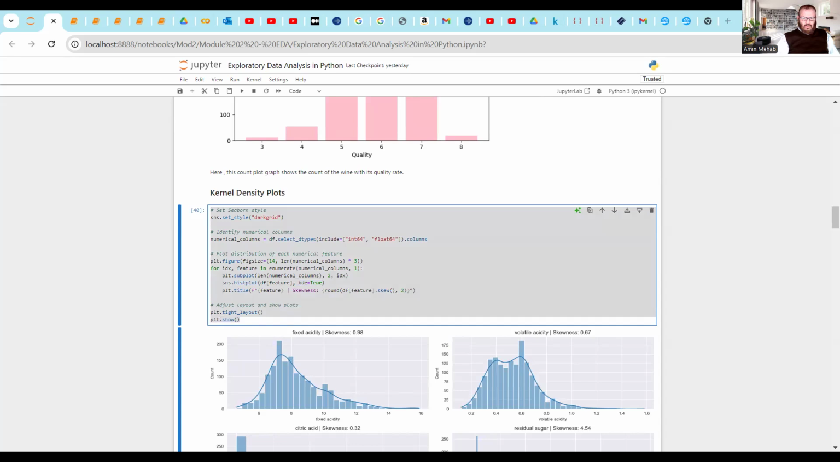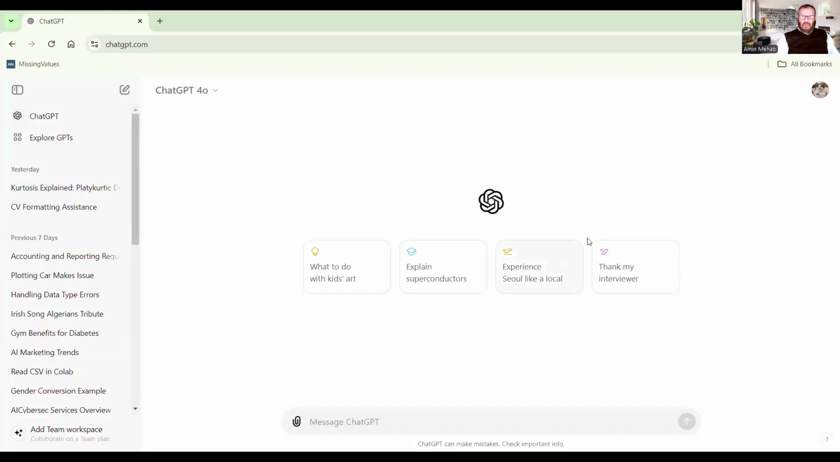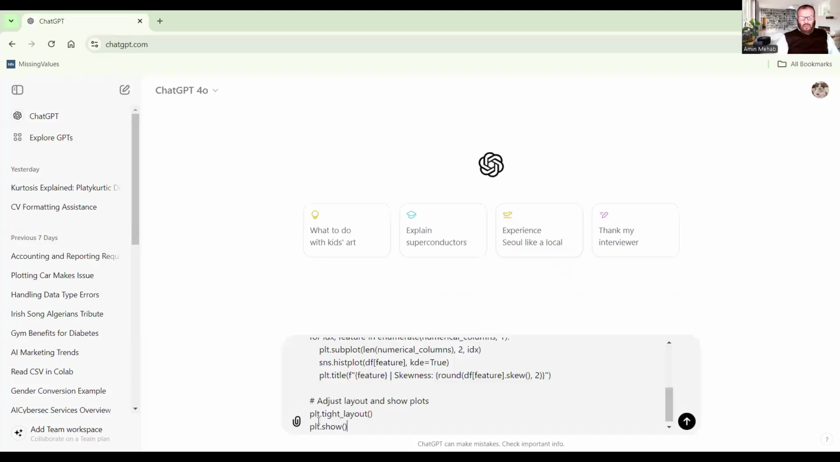Okay, and you go to ChatGPT. Okay, you are with ChatGPT now. You Control V, and you have all the code. Okay, all the code. You go down a little bit, and you ask ChatGPT here, please,